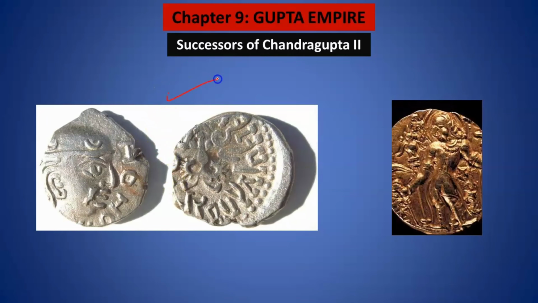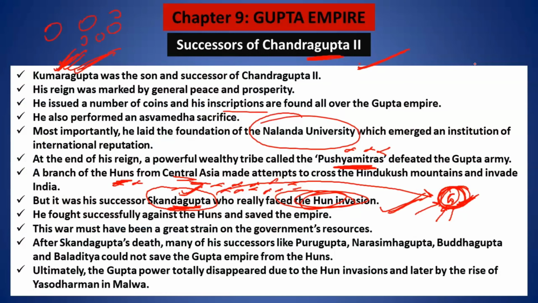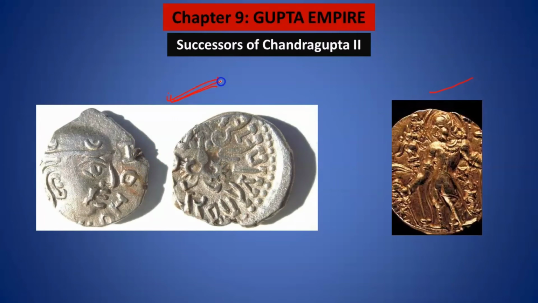So this is about what I was telling you guys. Don't forget that after Chandragupta II came Kumar Gupta, and his successor was Skandagupta. All right. As I already told you about Kumar Gupta, he started issuing silver coins. Now it is not that silver coins did not exist earlier. Previously also there were silver coins, but silver coins became prominent here. And during Skandagupta, again he tried to start gold coins, but then it had impurities. I hope this point is clear to all of you.